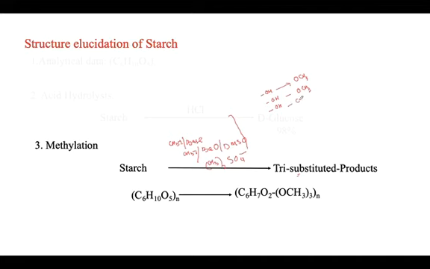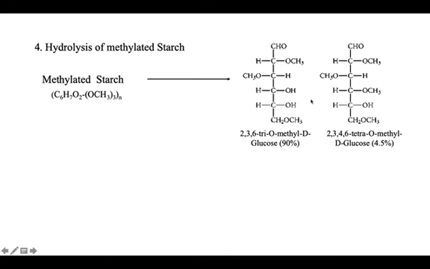So this shows that at least two hydroxy groups are linked, and whether in the pyranose form or the furanose form, there will be at least 3 hydroxy groups which are free and the other groups are linked. So when hydrolysis of methylated starch was done, the product obtained was